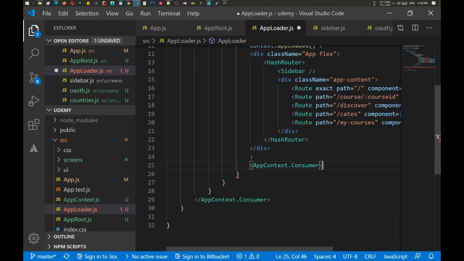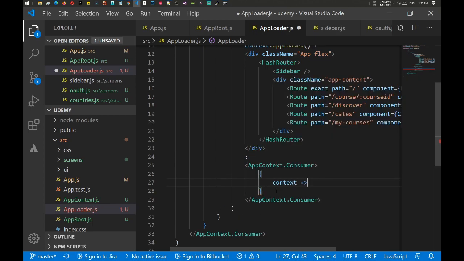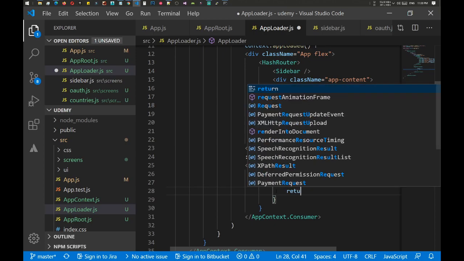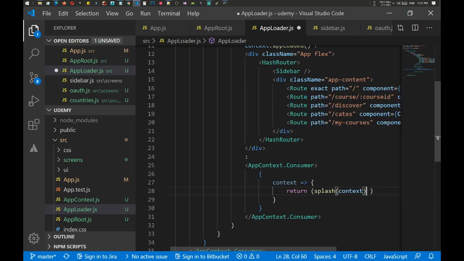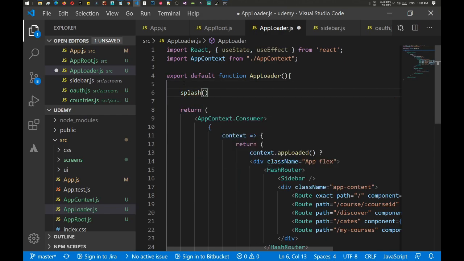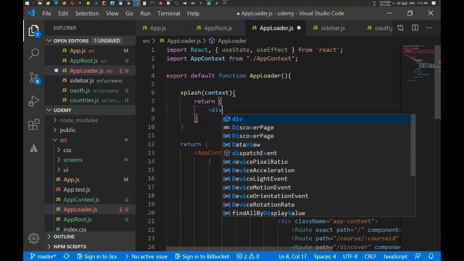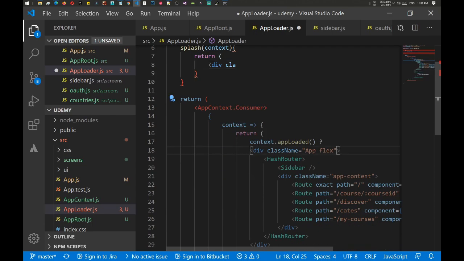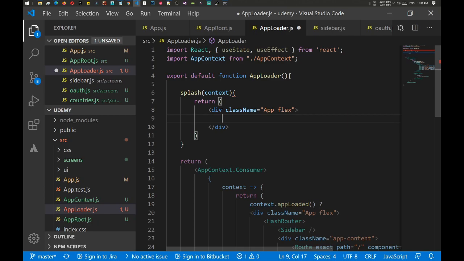Just quickly add an app context.consumer, and inside the app context.consumer we will use a sub context, and we will just return the splash and context, and the splash is the method we will quickly add here, splash, and we have the context, and just quickly return a div. I guess we should just use this app flags div,